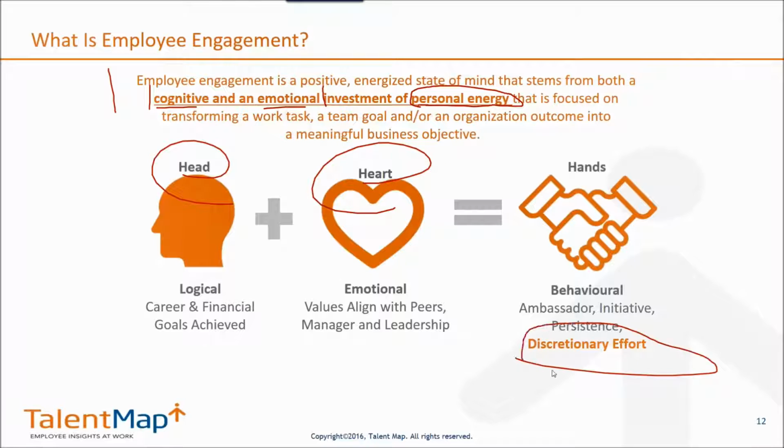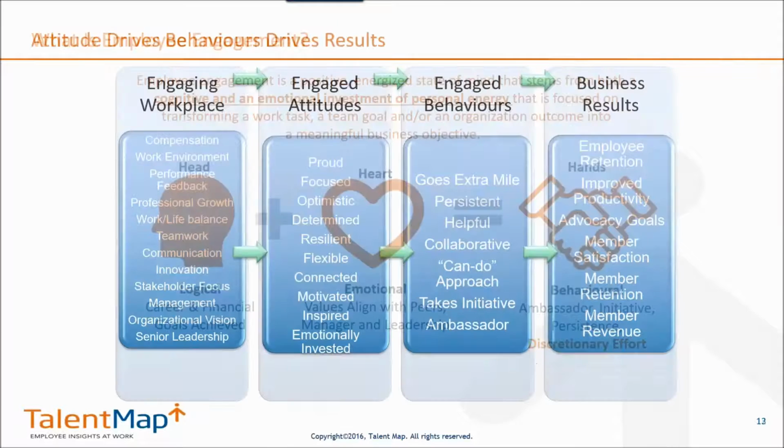I always encourage you to think about engagement as often equated with two simple words: discretionary effort. Whenever we measure engagement with our clients, we're measuring where they stack up on that level of discretionary effort. The lowest level is basically no extra effort: you do just enough to keep your job. You don't get fired, but you don't stick out. You don't do anything unusual. You don't go the extra mile. That's the lowest level of engagement, zero engagement, all the way up to when you're firing on all cylinders. That's what you're trying to measure: where your workforce stacks up, and where your different departments stack up.